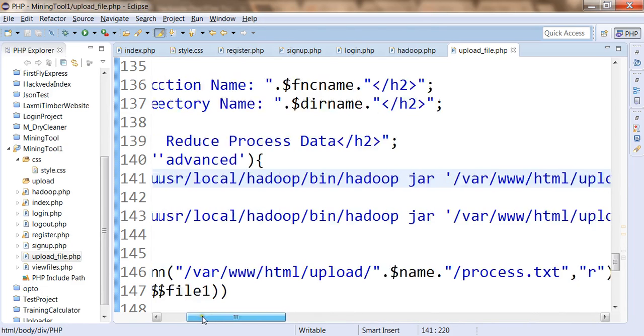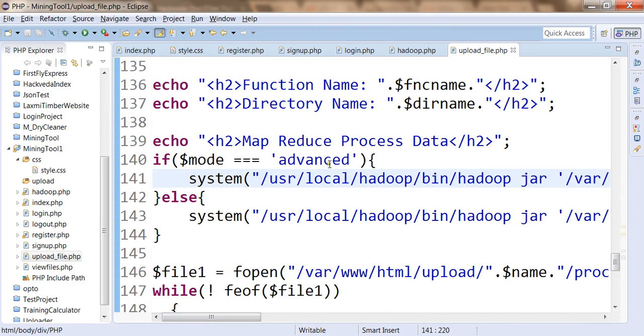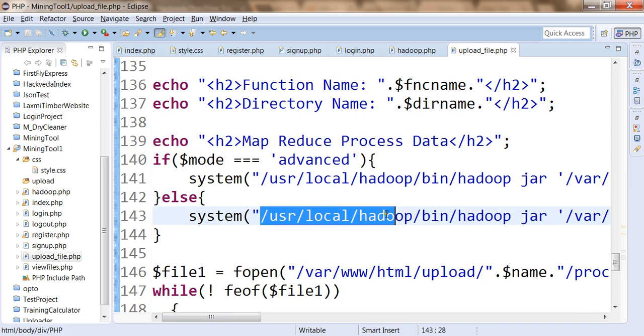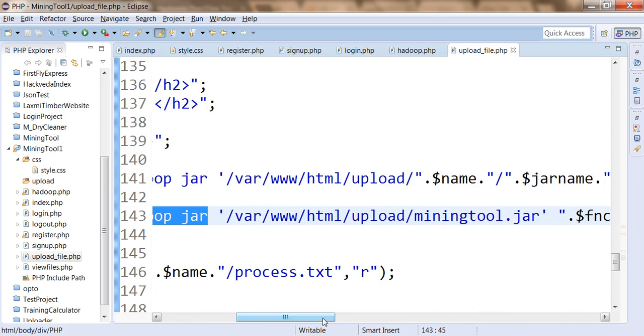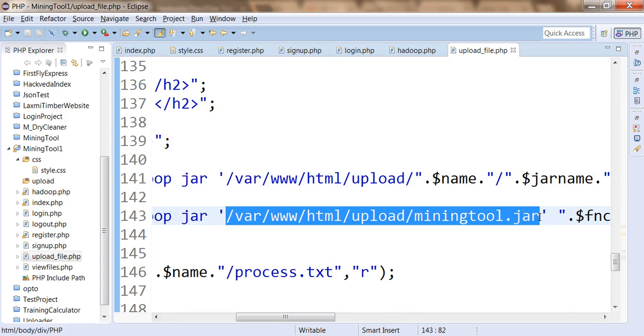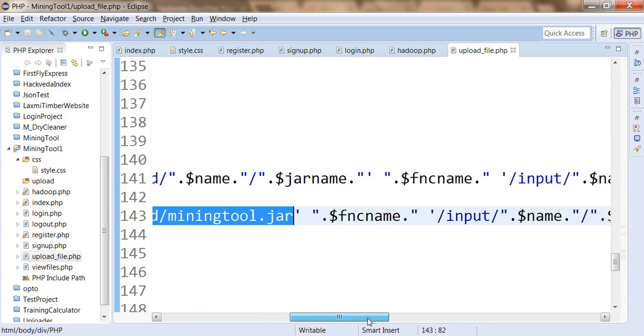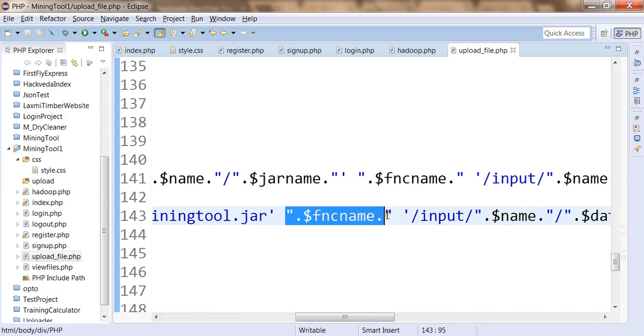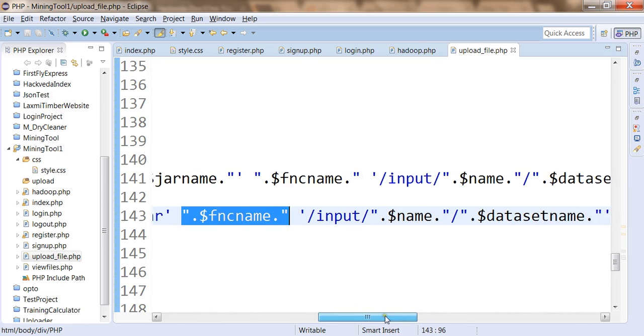Then what next we'll do, in case the mode is intelligent mode, inside intelligent mode what we are doing is, we are using this Hadoop command and we are executing the jar option. Using the jar option, we are specifying a mining tool.jar file which is uploaded in the upload directory, and using this mining tool.jar, we are going to specify the function name. The function name is the default function name, which is mining tool.process a priori a, that will be taken, and